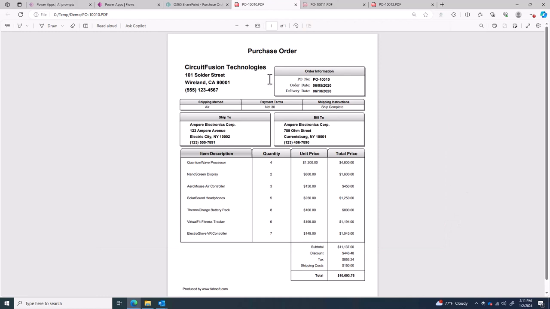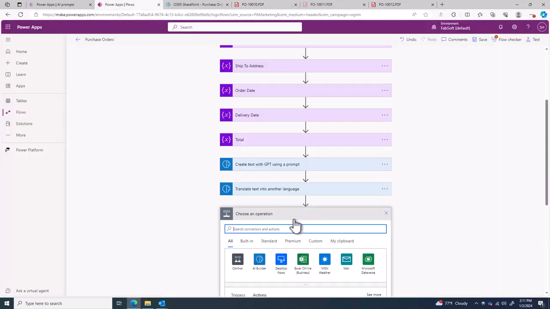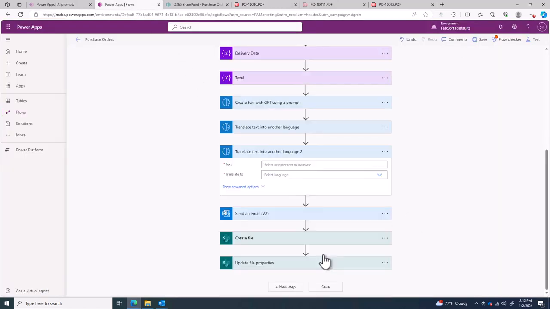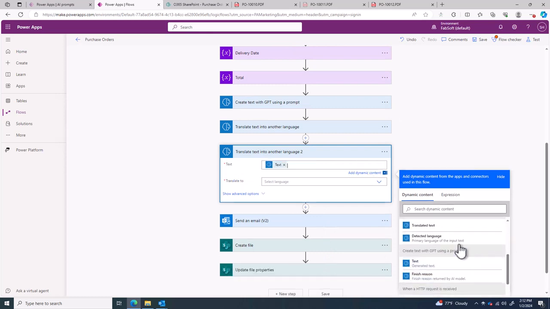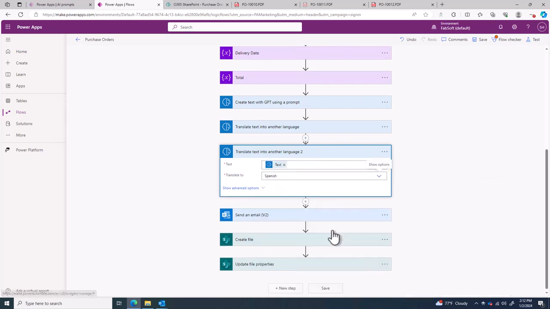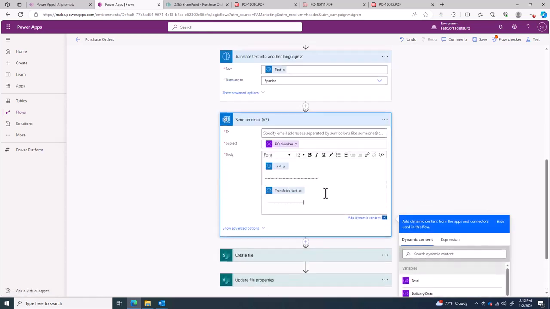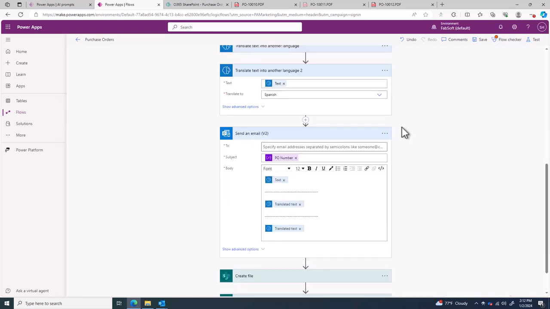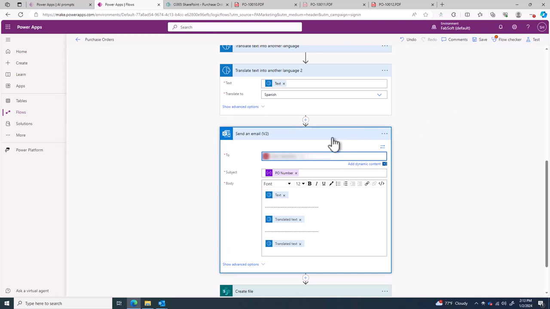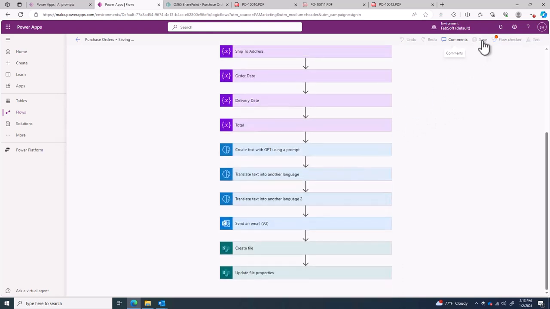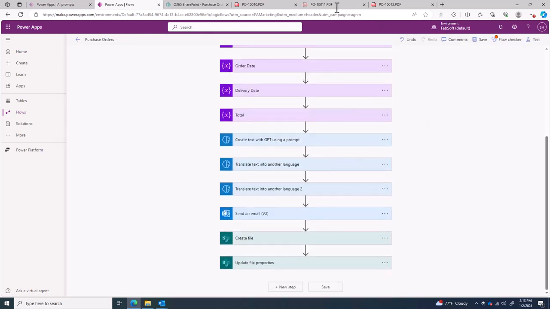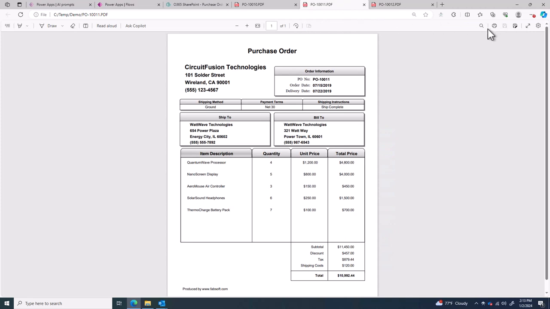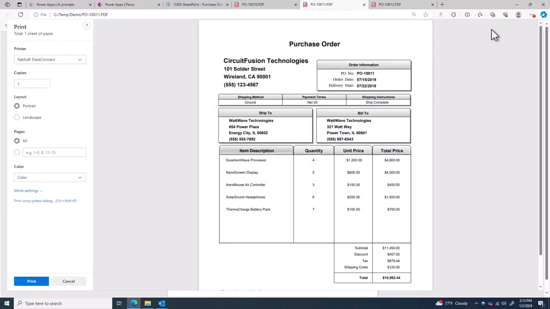I will now add a Spanish translation under the French text in my email. Since the steps are the exact same, it is very easy to add multiple different translations in the same flow, giving users great flexibility in their workflow design. When I save the text, the flow will update, and I can continue to efficiently process documents by printing to